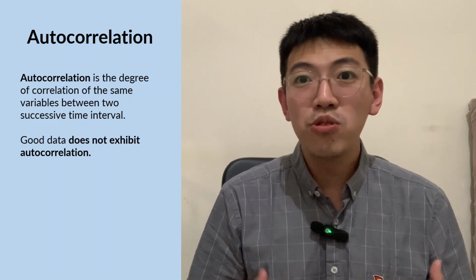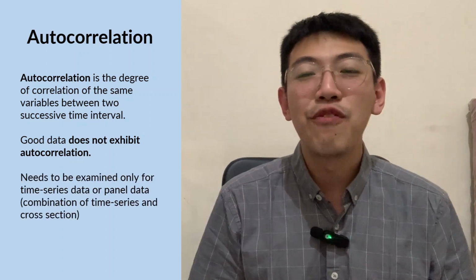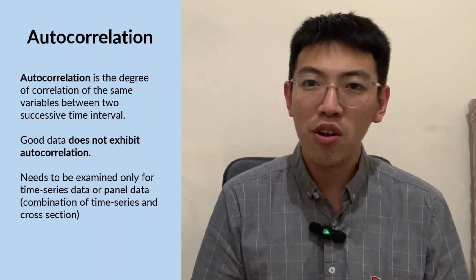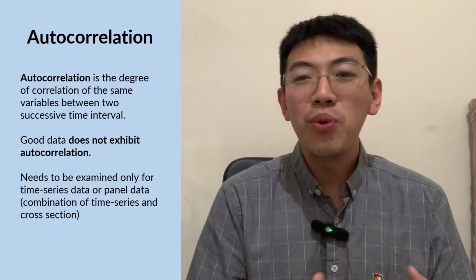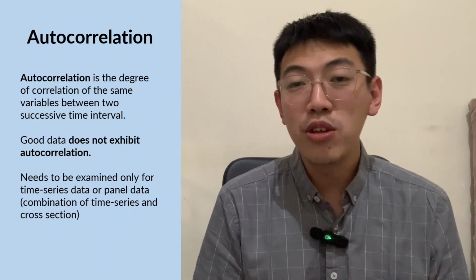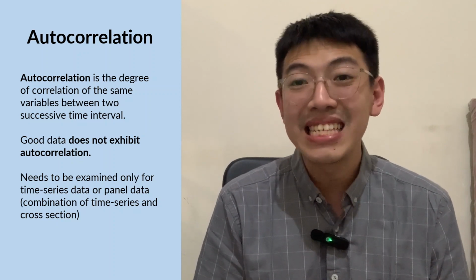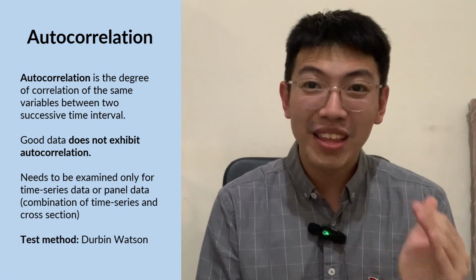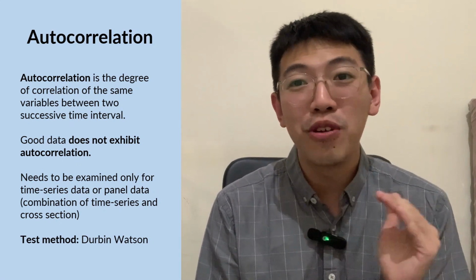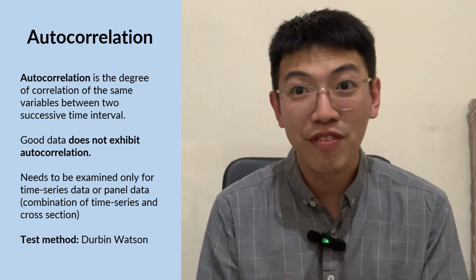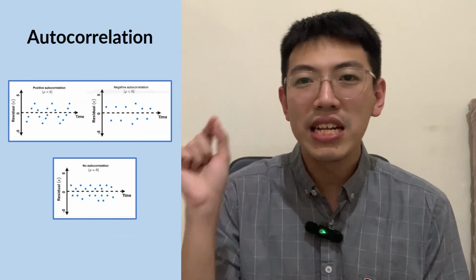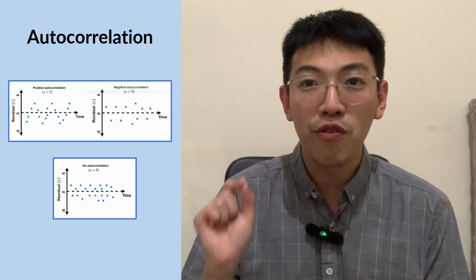There are 2 most common normality tests. The first one is Shapiro-Wilk test, and the second one is Kolmogorov-Smirnov test. Shapiro-Wilk test is suitable to be used when your sample is less than or equal than 50, while the other Kolmogorov-Smirnov test is better to be used if your sample data is more than 50. This is the decision rule. If the p-value is larger than alpha, the common alpha used is 0.05, your data is normally distributed.